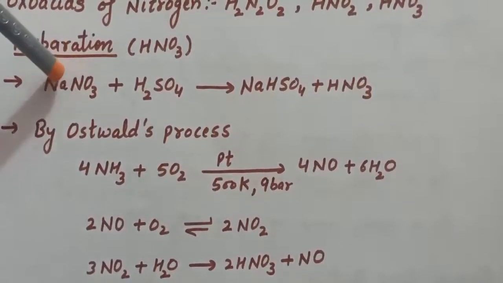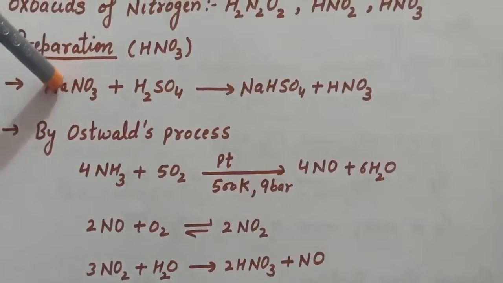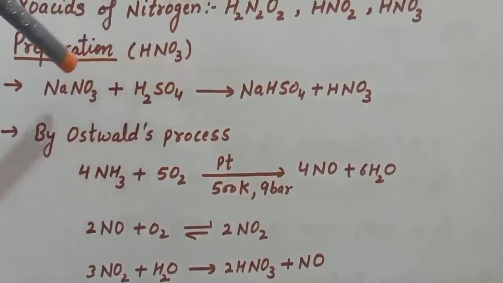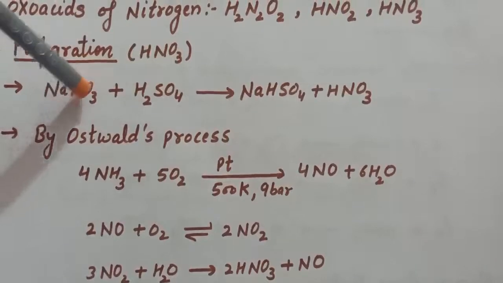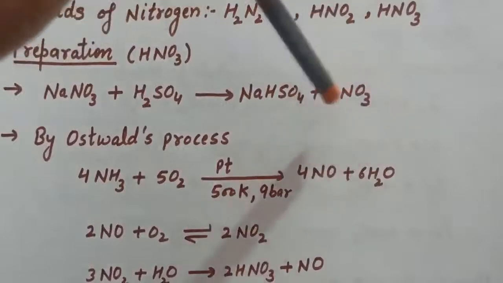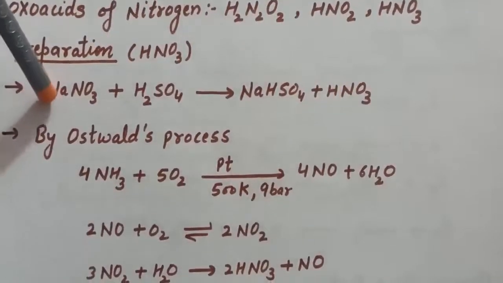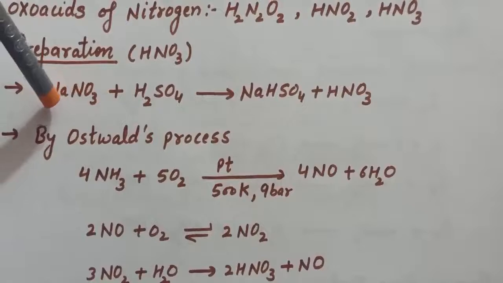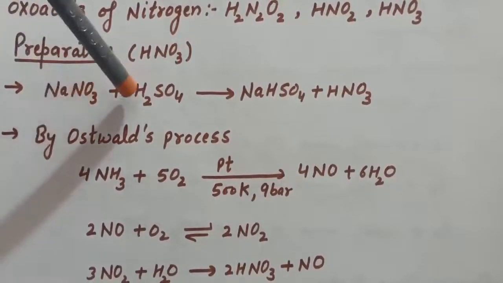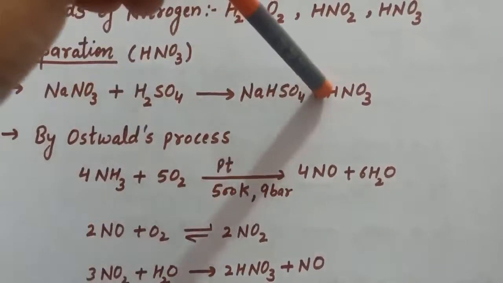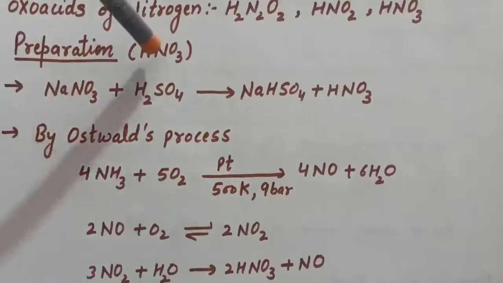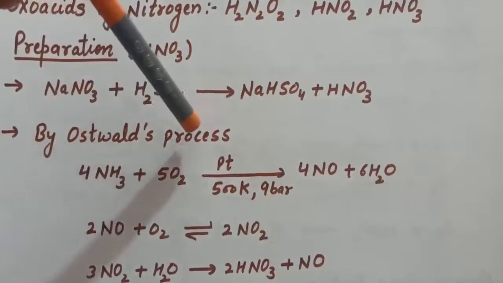Nitric acid is prepared by heating sodium nitrate and concentrated H2SO4 in a glass retort. So by reacting sodium nitrate with H2SO4, here we are getting our nitric acid. So in laboratory the preparation method for nitric acid is that we will treat our sodium nitrate, or we can use potassium nitrate, in presence of H2SO4, we will get our nitric acid. But on large scale nitric acid is prepared by Ostwald process.